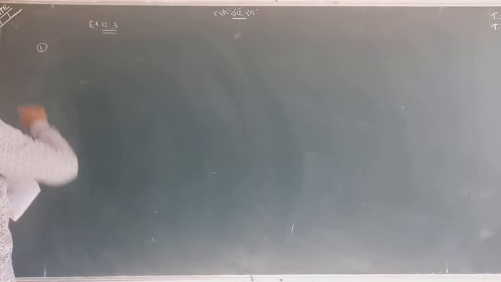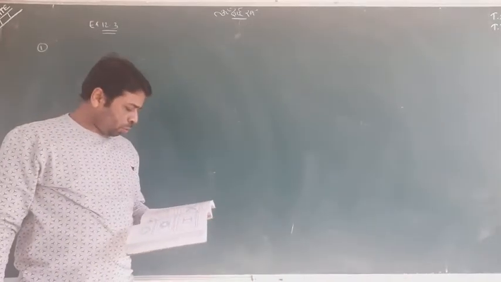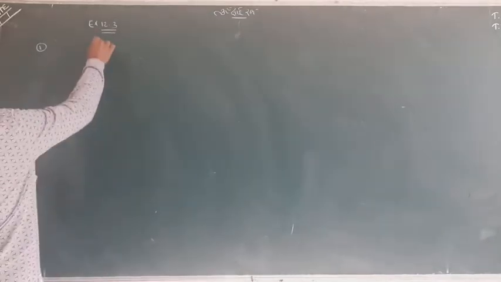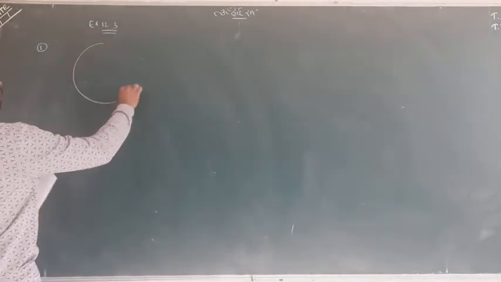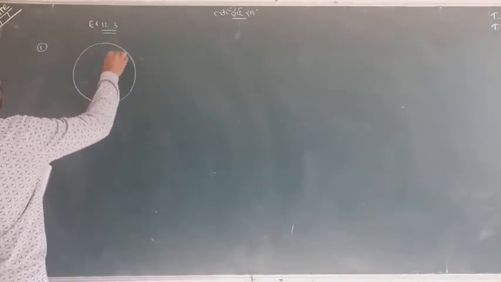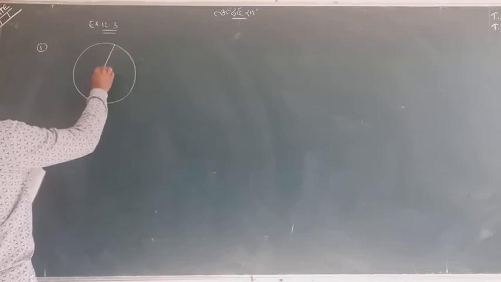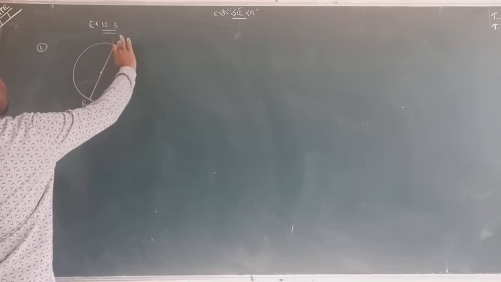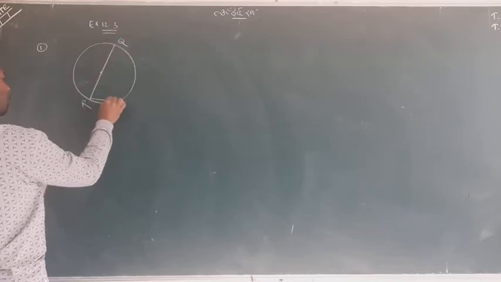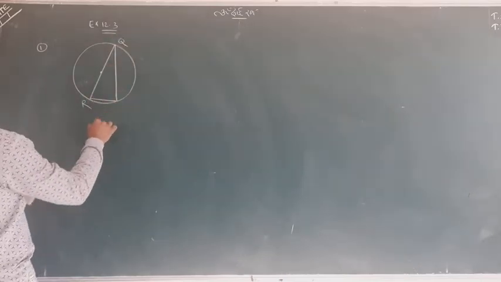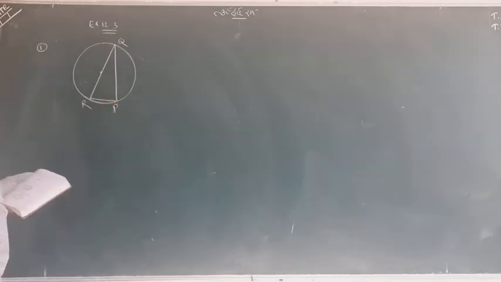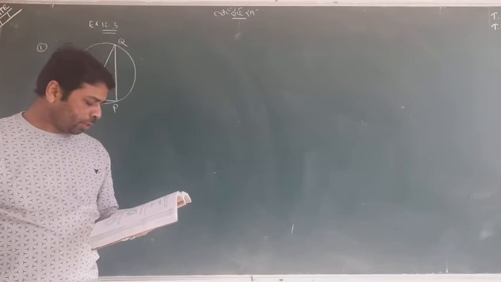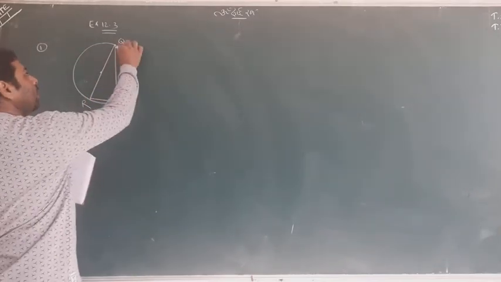Now today we will start exercise 12.3 and look at some questions of 12.3. Question number 1: first I want to make a figure because it will be given. This is the figure that is given. Now we can read the question: find the area of the shaded region. This is the shaded one.